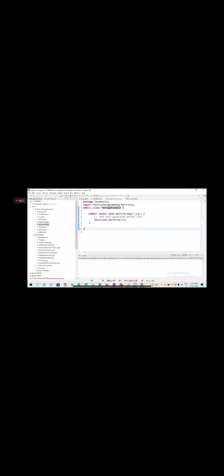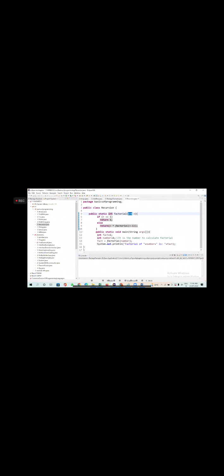Okay, are we not printing any value there? No, we are returning the value. See, it is calling the factorial, calculating and returning the value. A function can return a value, right? A function can take parameters and it can also return a value. So what value is it returning?